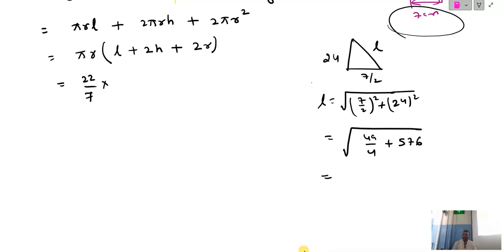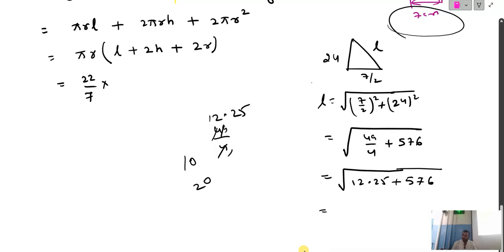Now what is 49 divided by 4? 4 ones are 4, 4 twos are 8, remainder 1. 10: 4 twos are 8, remainder 2. 20: 4 fives are 20. So the answer is 12.25. 49 by 4 is nothing but 12.25, plus